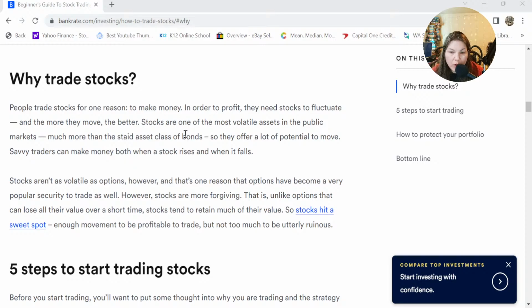So we learned what bonds were, guys. Remember, stocks are units of equity in a corporation. So it's like you have part ownership of that company. And when the stock goes up, like say you buy a stock for $5, if it goes up to $6, you earn $1 for every stock you own if you sold it. If not, you're going to have it. And if it goes back down, it goes back down. With a bond, you don't get that volatility. With a bond, they say you're going to get